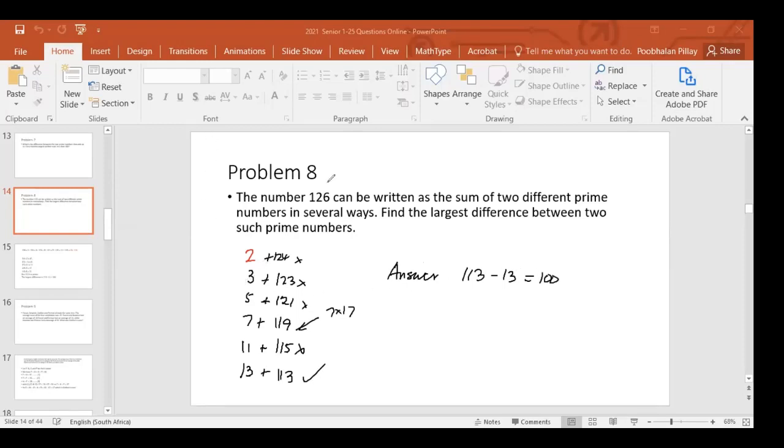Okay, so remember, you always see what the question is. We have the prime numbers, you want to work out the largest difference. And the way we did it is you start from the smallest, and that way you will move slowly to the first pair which works. That'll give you the largest difference. All right, so that takes care of question 8.